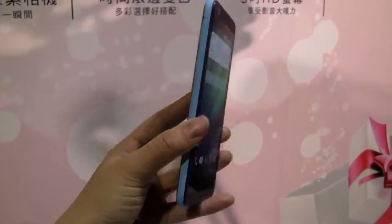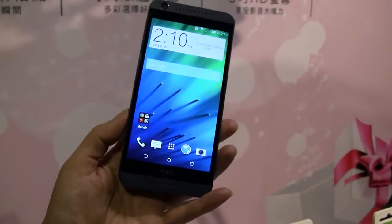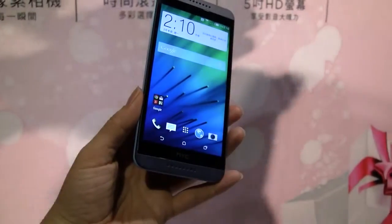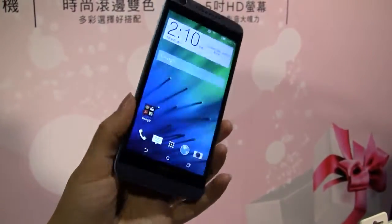This is the launch of the Desire 626. So this is a mid-range smartphone with a Snapdragon 410 processor. It's got a 5-inch 720p display. You can tell that it has some pretty decent viewing angles off the side, and it has the same